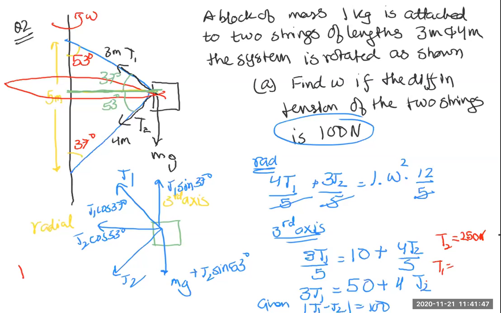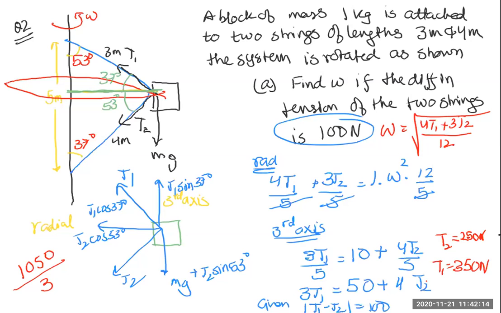So 1050 divided by 3. 3 threes are 350. Now omega is equal to root of 4T1 plus 3T2 divided by 12. हाँ भाई पार्थ, ये कर लोगे, हो जाएगा ये।